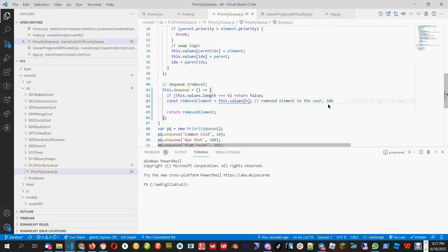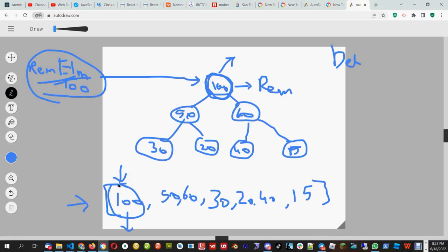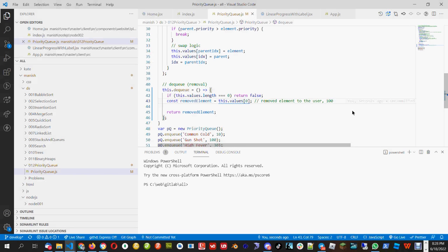Okay, now next thing. The next process is, this was the first, number one. The second idea is we have to take the last element and put it at the first, 0 position here. Take the last and put it here. Okay, that is the next one. So we have to remove this and put it at the 0 position. So what I will say here,